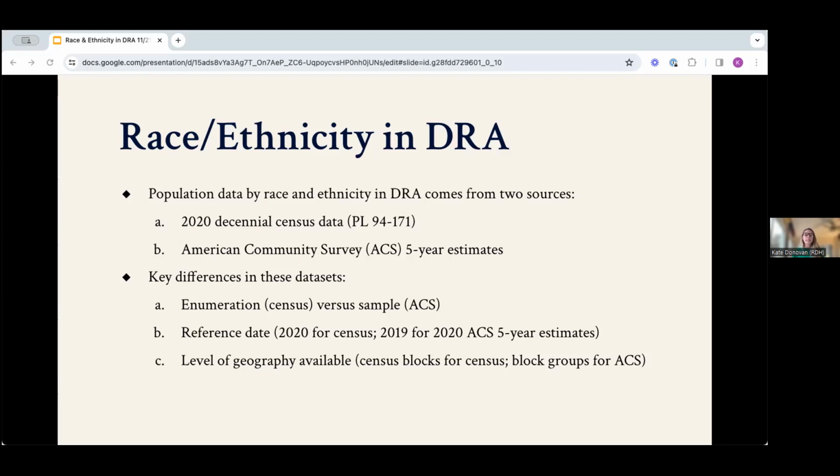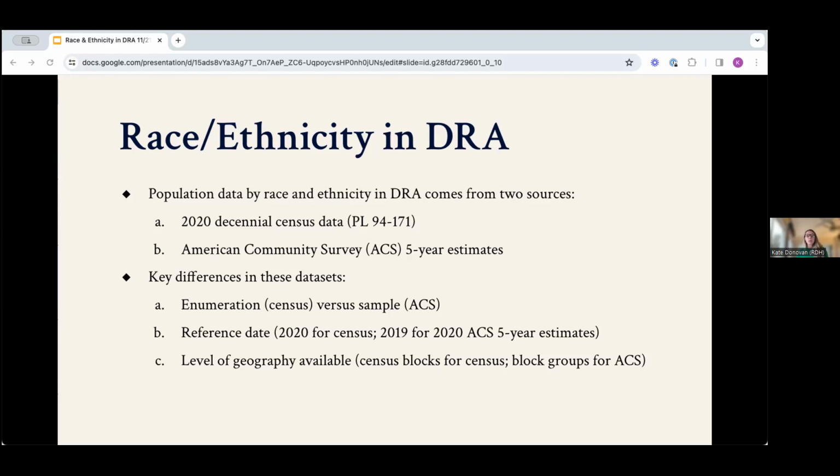The second key difference is the reference date. The census data is tied to Census Day, which is April 1st, 2020. They don't actually collect data from everyone on this date, but that is what they strive for, and that is the reference date for this data set. In contrast, ACS 5-year estimates are collected over 5 years. So the 2020 ACS data was actually collected starting in 2016 through 2020. That also means that really the best reference date for this data is in the middle of the 5-year block. So 2018 for 2020 ACS data, for example.